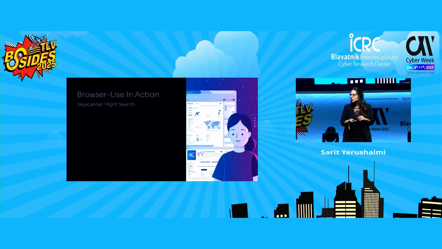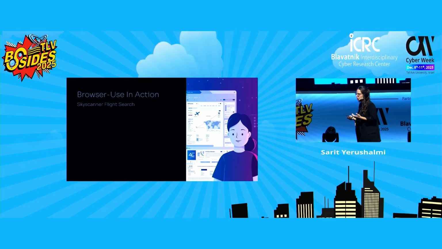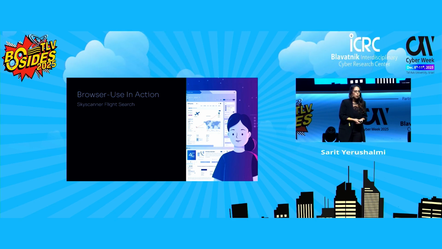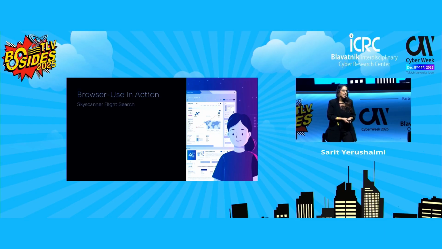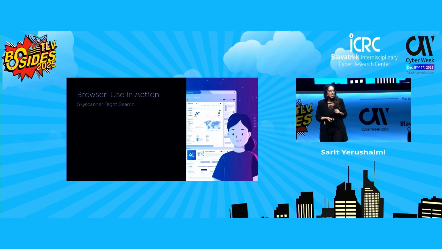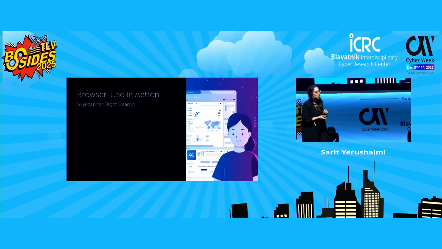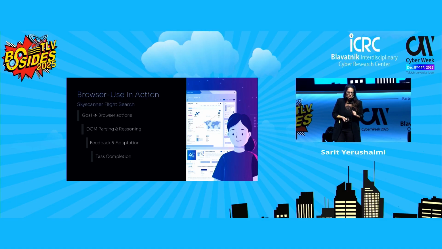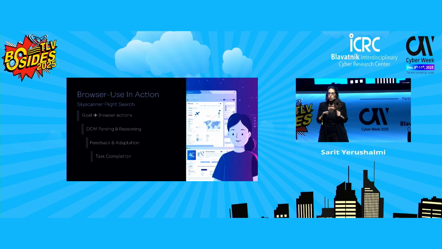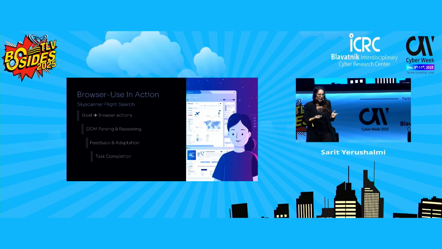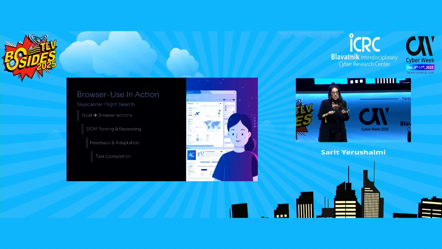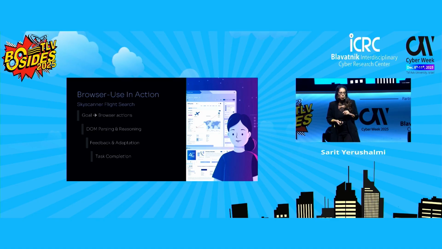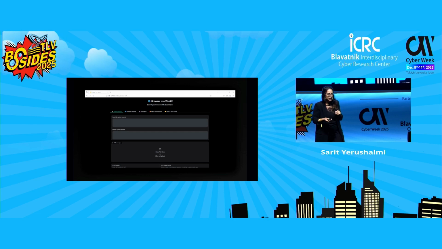OK, so in the next slide, we'll see how we use Browser Use to search for a flight from Belfast to London. If you're wondering why we chose Belfast, this is actually where Daniel lives, and he was the one creating this demo. We ask it to go to Skyscanner and book a flight on specific dates. We will see how the agent takes the user goal, which is simple natural text, plans the steps it needs, launches a real browser through Playwright, fills in the form, and finally completes the task on its own. So let's see this in action.